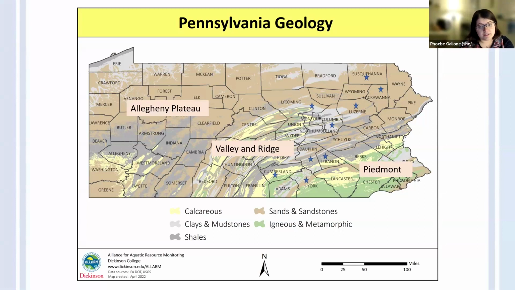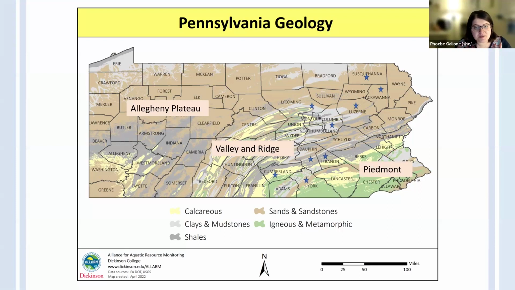If we go down to the southeast, we have the Piedmont section. You see some igneous and metamorphic rock, as well as some sandstone, some calcareous. We're getting a little bit more diversity here. This tends to be some of the sloping parts of the state. And then where many of us monitor is this Valley and Ridge section in the middle. At least in comparison to the other 2 sections, you can see how complicated and banded this section is in the middle. This is the Appalachian region. A lot of this banding is because years and years ago, when the continents collided, it bent and folded this area out of shape, which is how we have so many of those complex patterns in there.